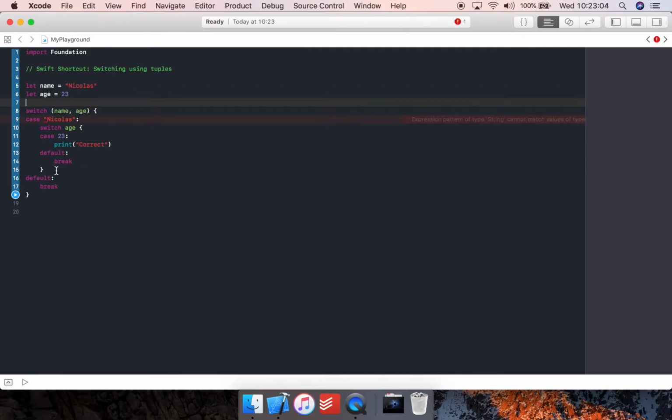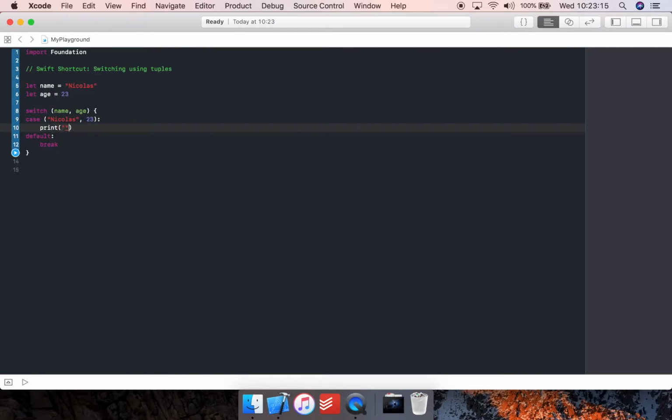This would allow me to not use this internal switch anymore and have instead only one switch that already covers all the cases. That saves you time by making you write less code and making your code a little more